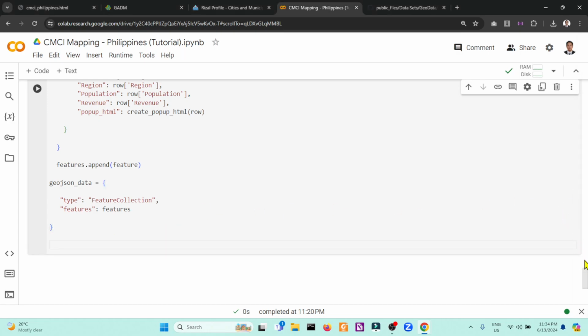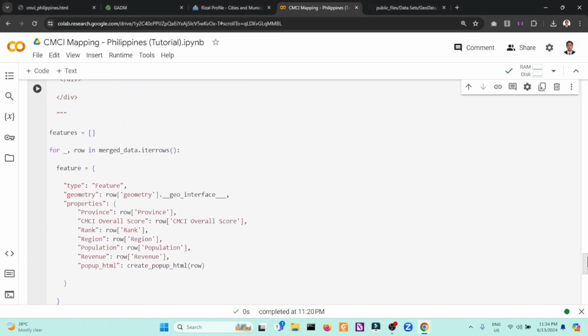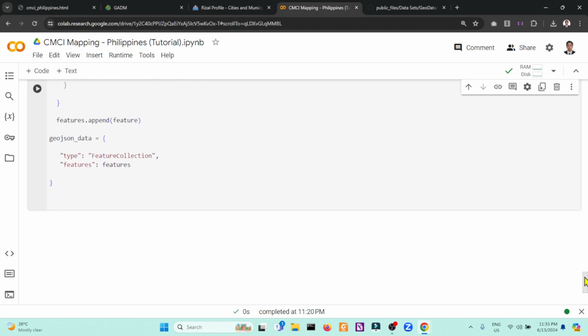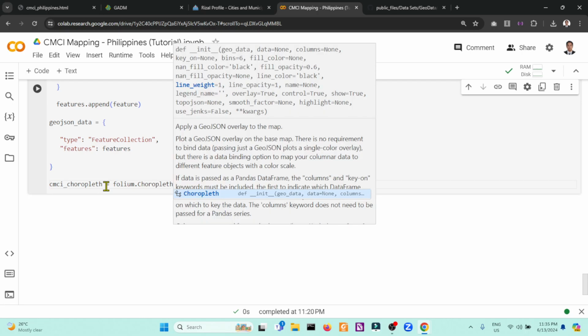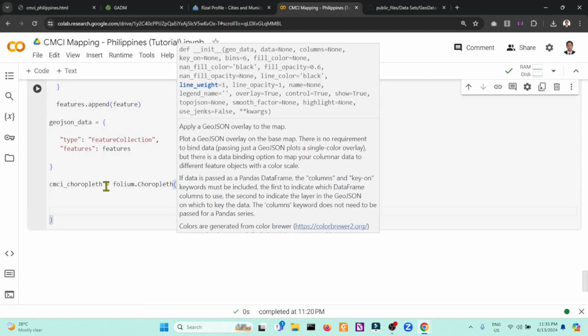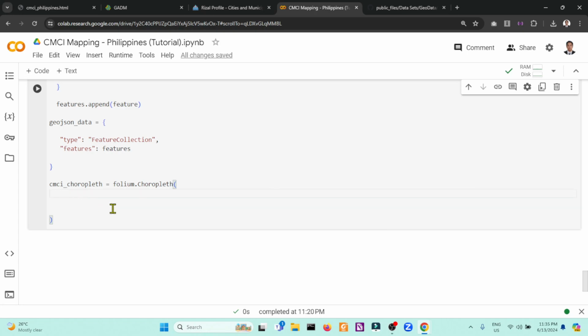So after we define such function, features, and iterators, we will now create a choropleth. Let's assign this to a CMCI choropleth variable and use the folium choropleth properties. Each one has specific properties, so I will explain this one.